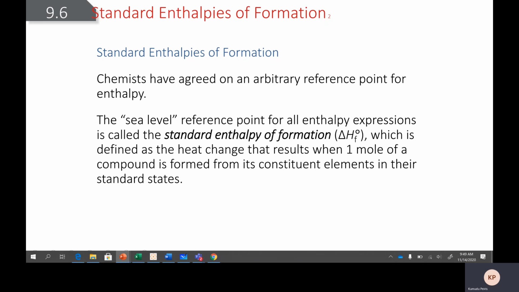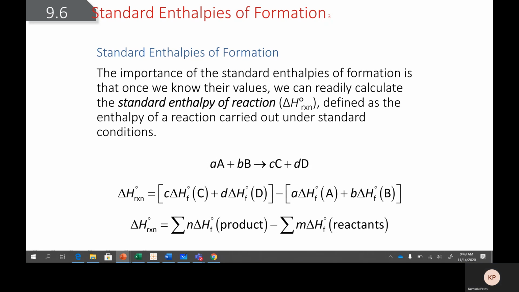Okay, what does this standard mean? There are some standard conditions. So the standard enthalpy of formation is defined as the heat change which results when 1 mole of a compound is formed from its constituent elements in the standard states. Okay, as an example, if I look at this reaction,